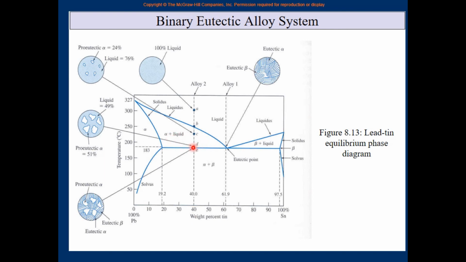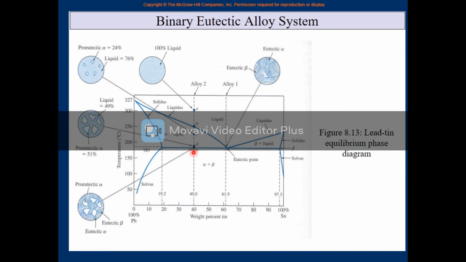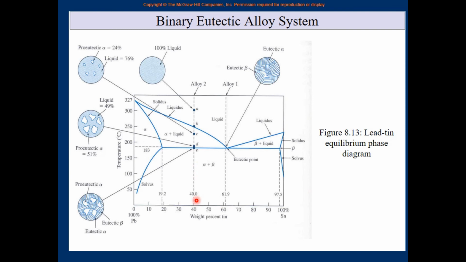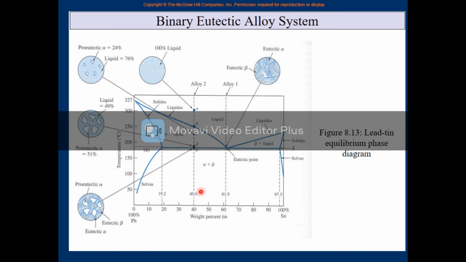And finally, when we touch point E, then whatever liquid was remaining, 5% or 10%, changes into alpha plus beta. After that, when we keep on reducing the temperature, nothing changes. Whatever had changed into alpha is still there. Whatever changed into alpha plus beta is still there, and that composition remains there, right? So this is it. So remember,